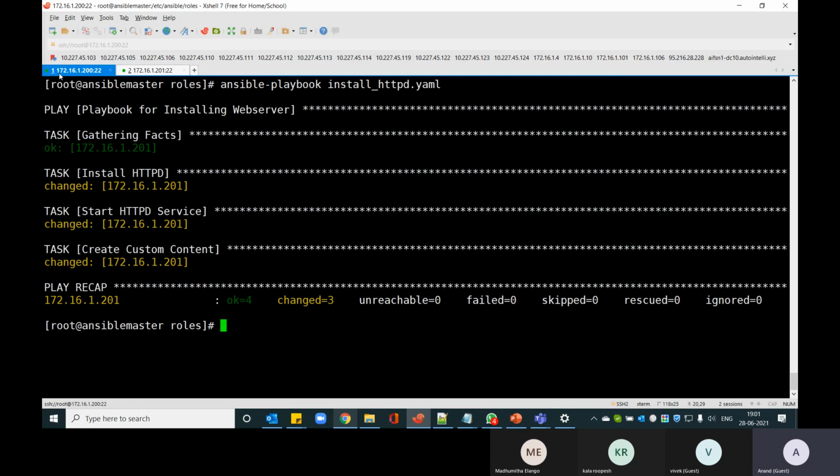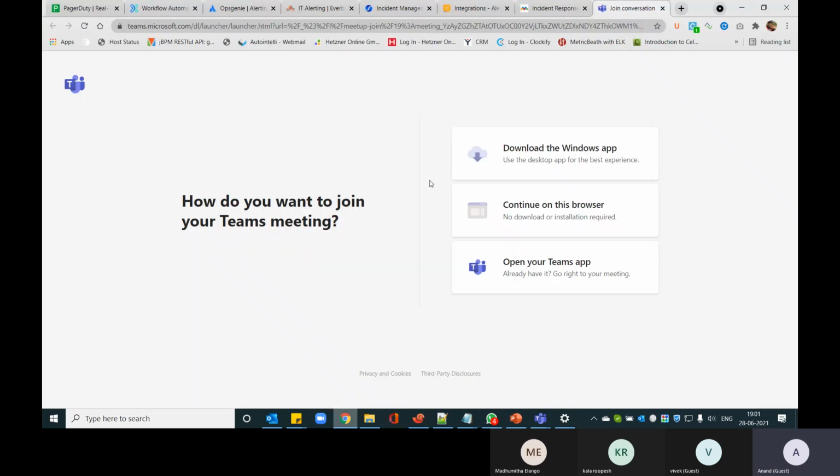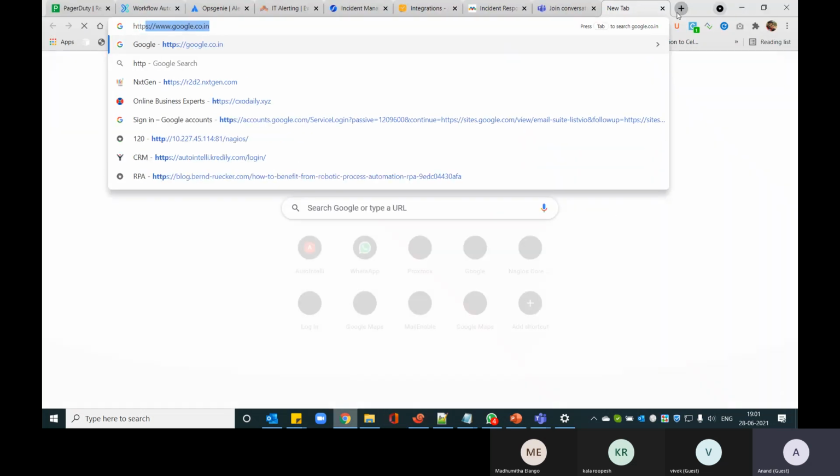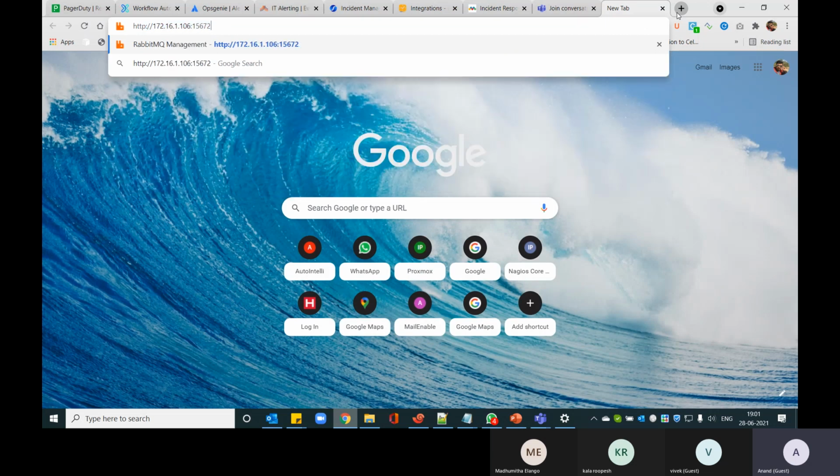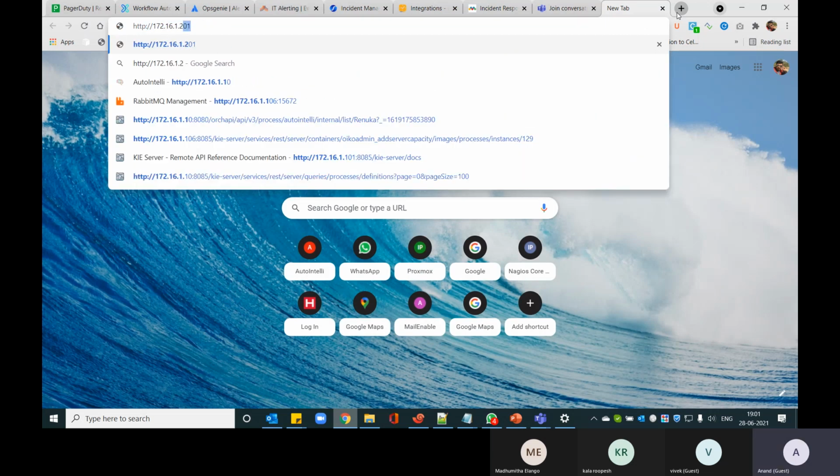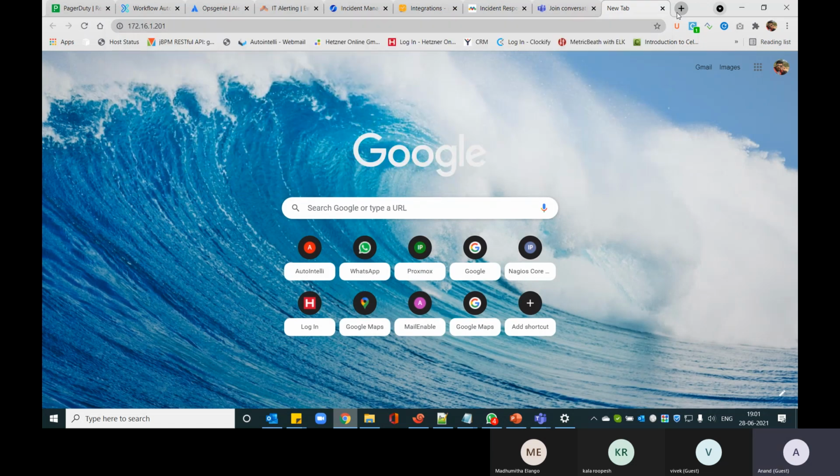Right, so let's also see if our custom content is actually there on our web server. I can open up my browser, put in the particular IP, 172.16.1.201, and hit enter.